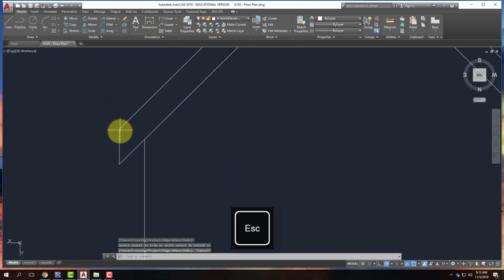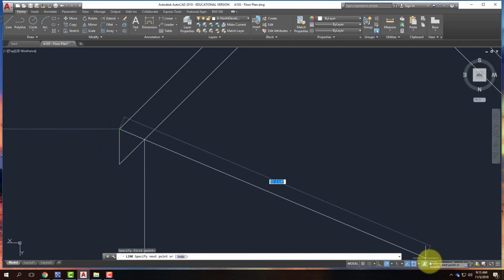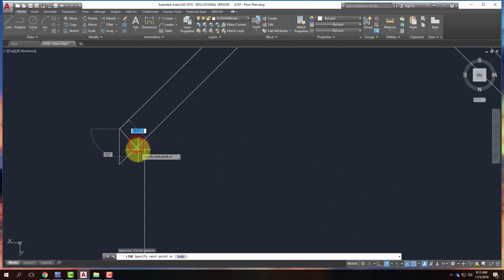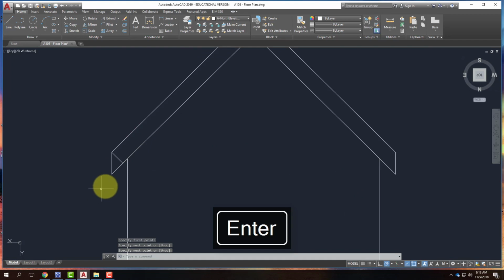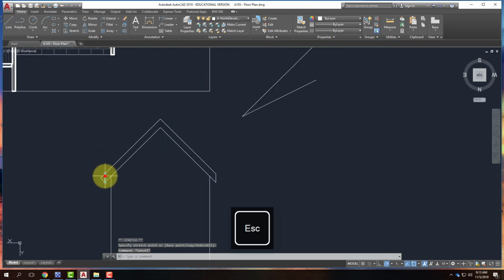Sometimes people like not to have this style of a roof, but they like to have a roof that comes down perpendicular, in which case I could turn on my perpendicular snap, like that, and cut the roof that way. I could also move this down and have a longer overhang and extend this out to meet that like that. It's just a different look, and so you can see it there, this look versus that look. And it's again dependent on